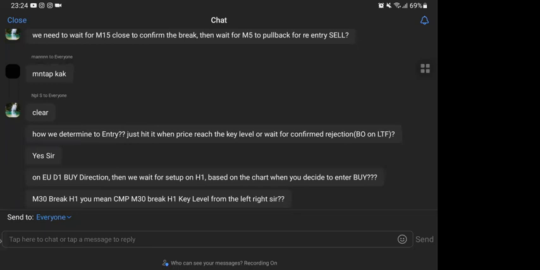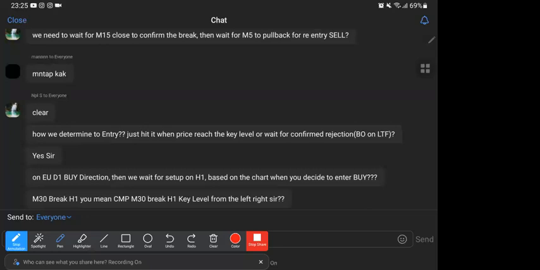Okay, M30 break H1, you mean CMP break H1 key level. It doesn't matter whether it breaks the left or the current. If we have a nearer key level, we just need a breakout like this. So let's say we have a key level over here, and when price, this is M30, there is no current key level. So if it breaks this one, which is H1, it counts as a breakout. As long as it is a breakout,